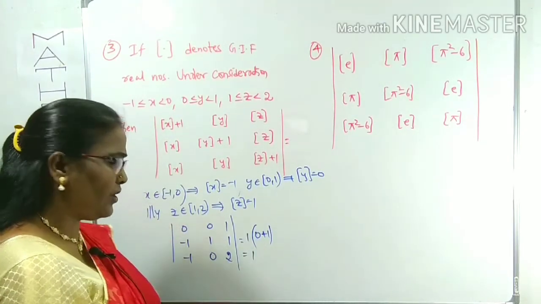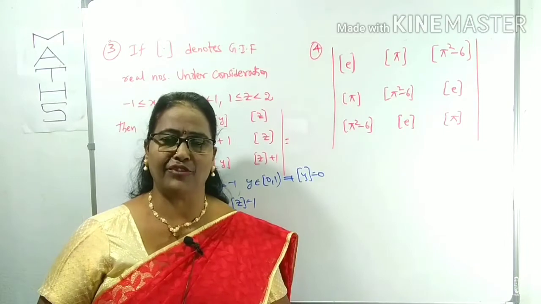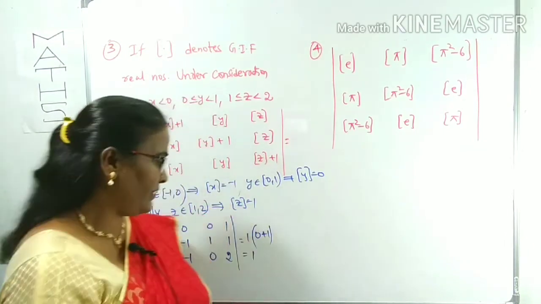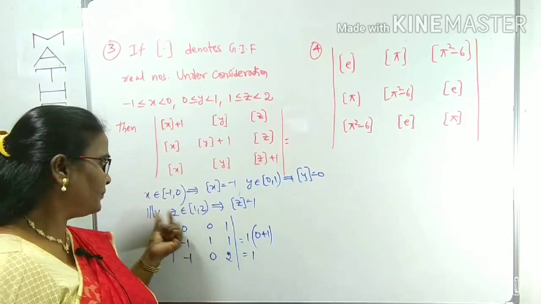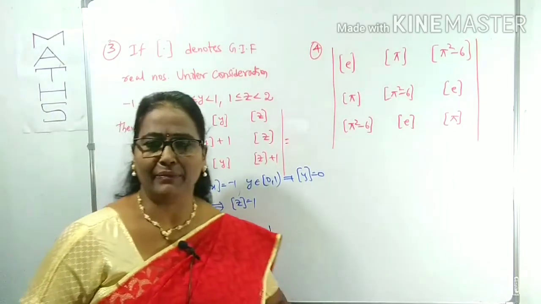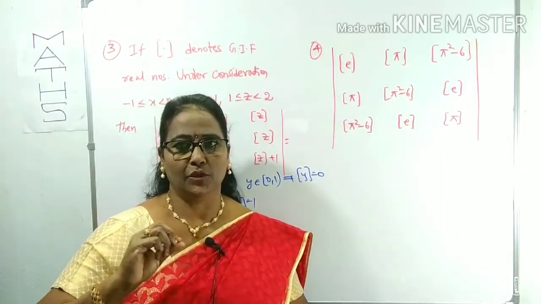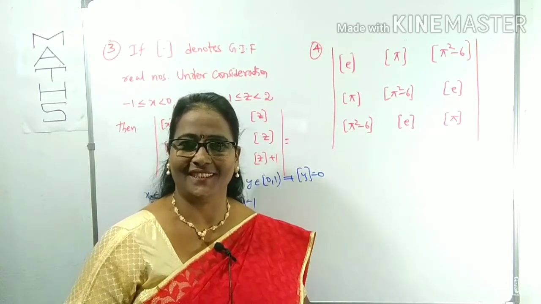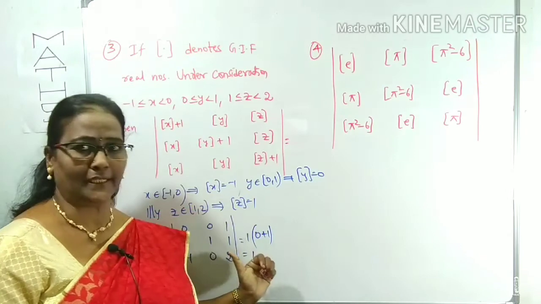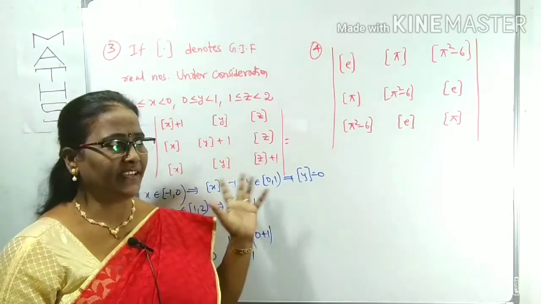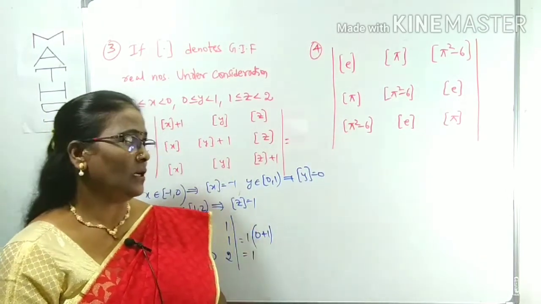It is given in the options as step x, step y, step z, like that. If the options are given in step form, then the 1 is equal to step z. Maybe they may give the direct numerical values also. Is it clear? Here I used the greatest integer function. Okay, the same way, the next question. What is given here?